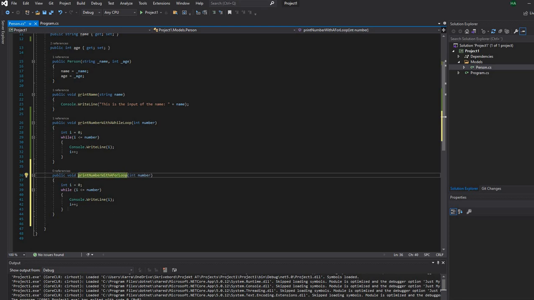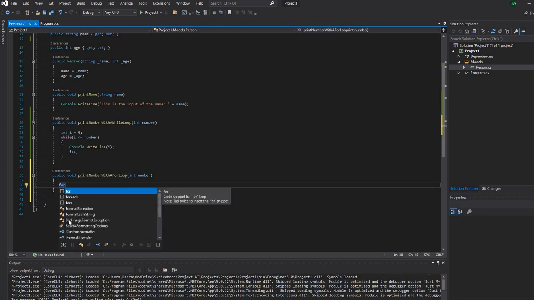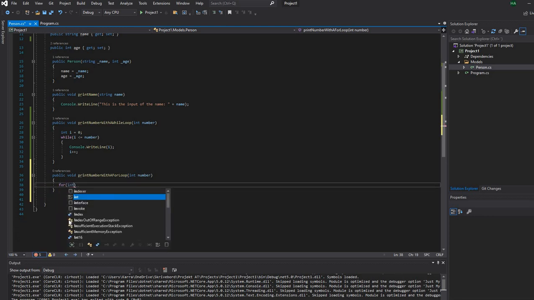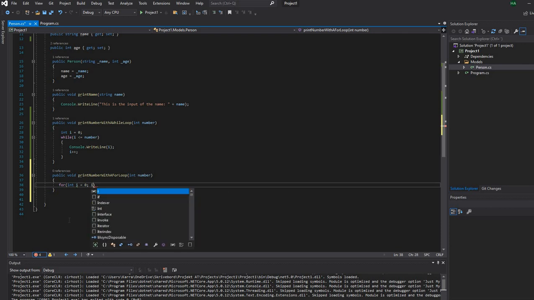It's a for loop, and this int I here is not necessary, because in the for loop you can start with int I is 0, and as long as I is smaller or the same as the value of number, we want you to